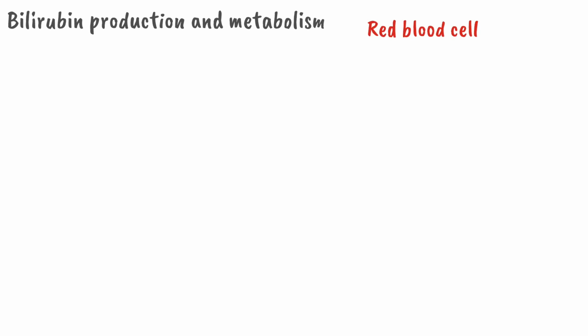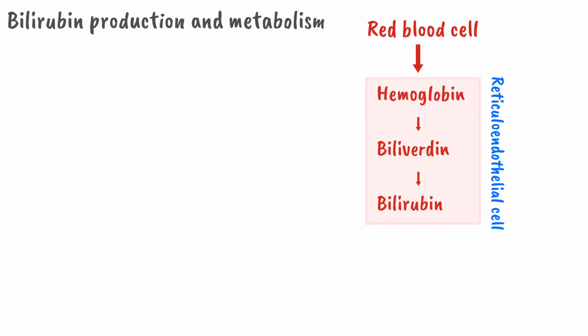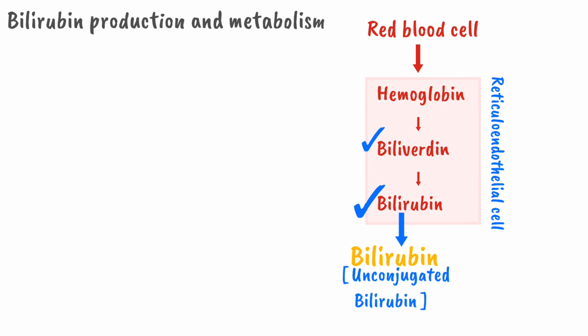Whenever red blood cells break down, particularly in reticuloendothelial cells, the hemoglobin component of the red blood cell will be converted to biliverdin, and this biliverdin will be converted to bilirubin. This bilirubin will be excreted into the circulation. This bilirubin, which is produced from reticuloendothelial cells, is called unconjugated bilirubin, and it is water insoluble, meaning